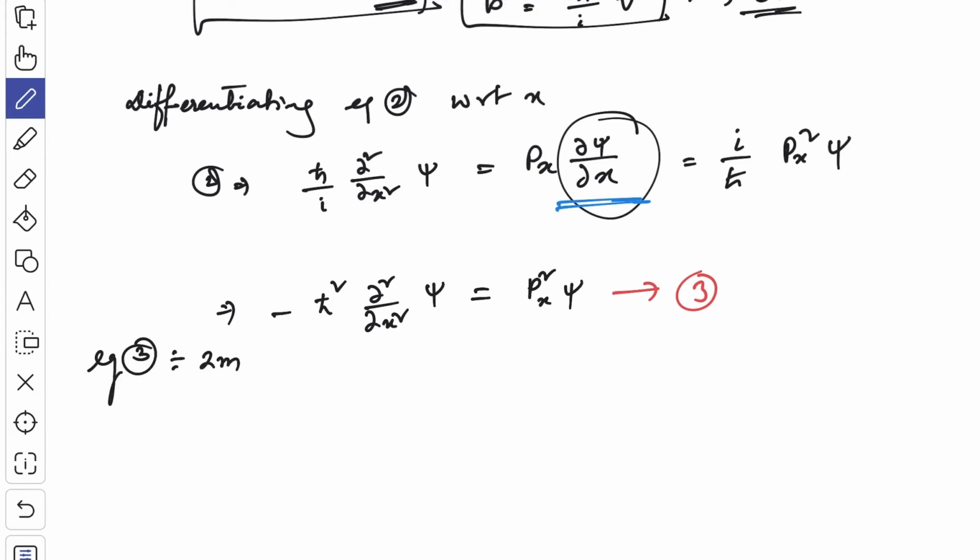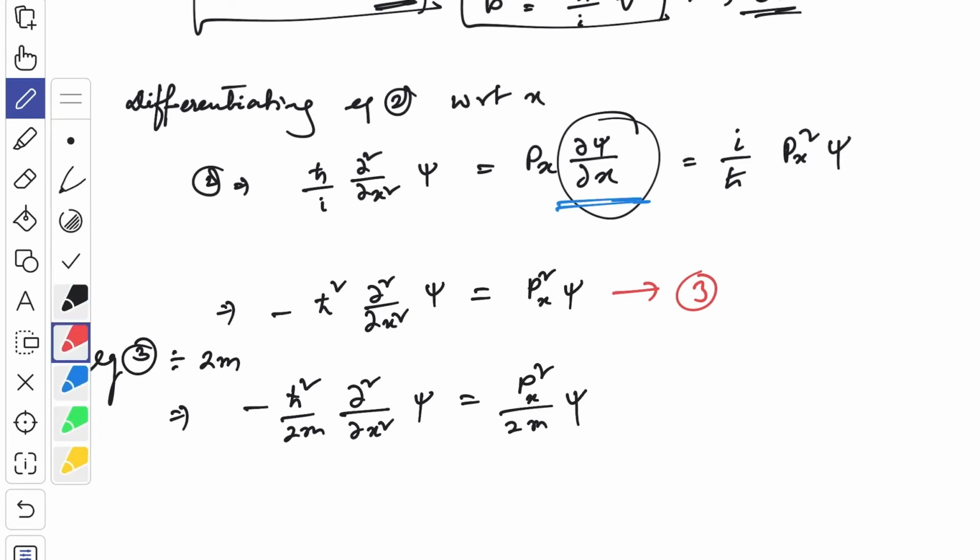Okay, then what you will get? Then you will get minus h cut square by twice m, second order derivative with respect to x, which operates on psi, gives px square by twice m psi. That's what you will get. And let us represent this term